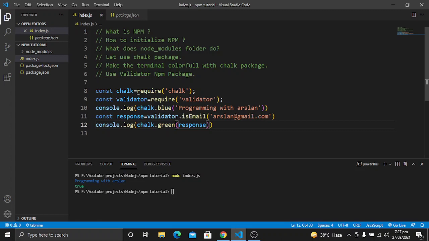So these are the main ideas of installing dependencies, the third-party packages, into your project, and using these functionalities without writing all of the code. You just have to integrate them into your project. So I hope you have learned about npm, what npm is, how we can use it in our projects, how we can use third-party packages, and how we can implement functionalities without writing the code but just integrating these packages into our project.